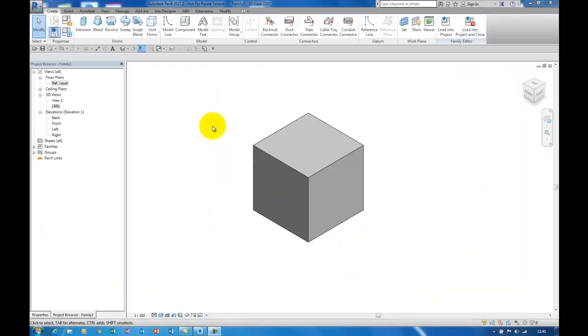Welcome to a short tutorial in Revit Architecture. In this tutorial we'll have a look at applying a colored material to the little generic box that's on screen. This little box we created in the last video tutorial, which you can access from the Cadline